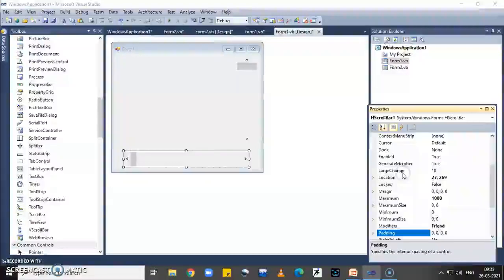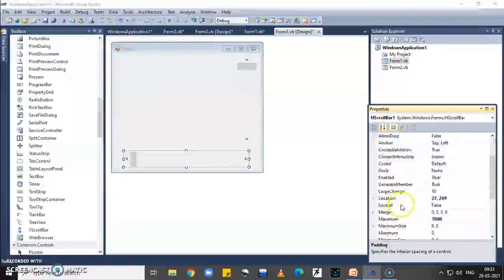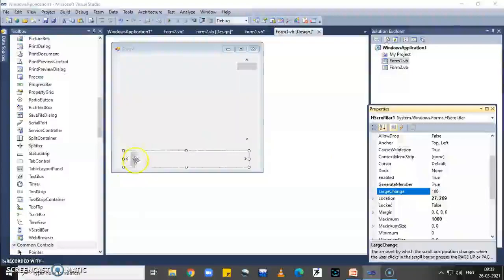And the second property is large change. Here I write 100. Means whenever we click on a indicator of horizontal scroll bar, then it scroll every time 100. So first of all 100, then 200, then 300, up to 1000.